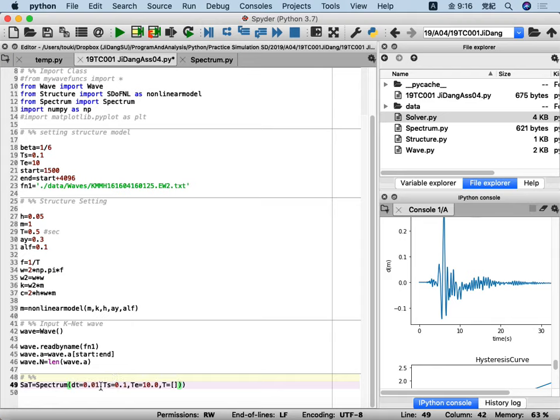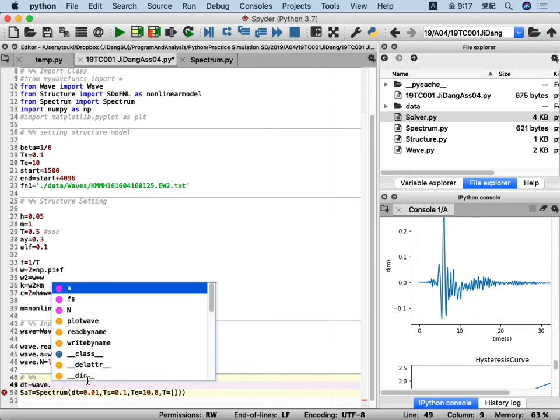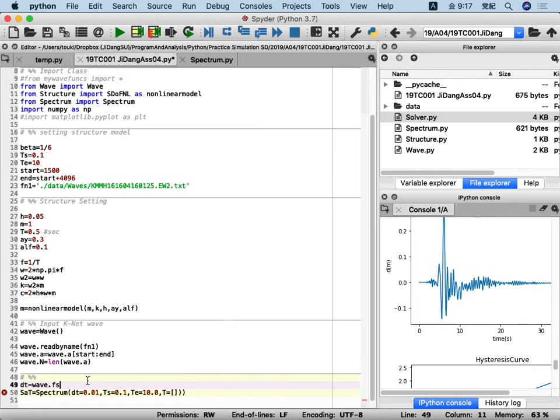This one. So we say dt equals to wave.fs, 1 divided. So it's dt. Ts is what we set here, and Tn is also what we set before. And the T is what we need to decide,